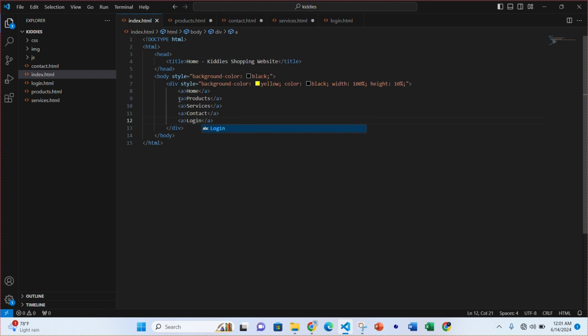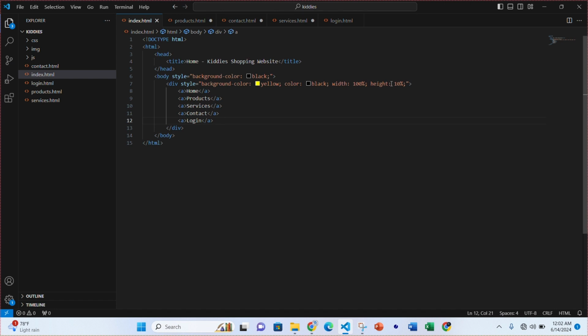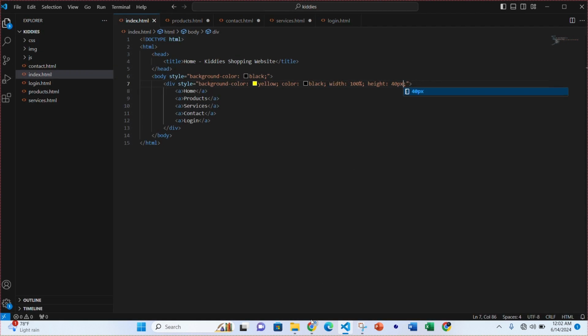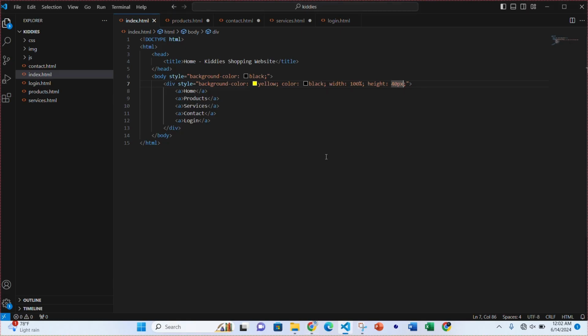Okay, so when I save this and I refresh my page, I see that I have my home, product, services, contact, and login. So let me see how I can adjust the height. I need to adjust this height, make it 40 px. Let me see. Good. So my height is increasing, and I can go back and I can kind of align these items to